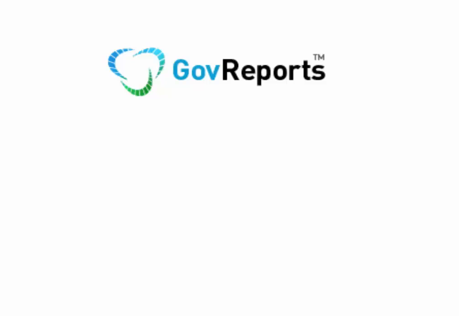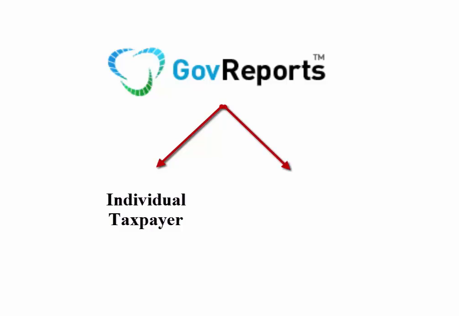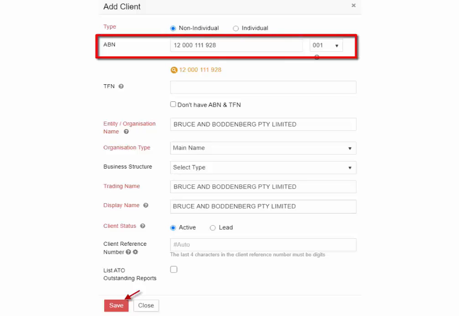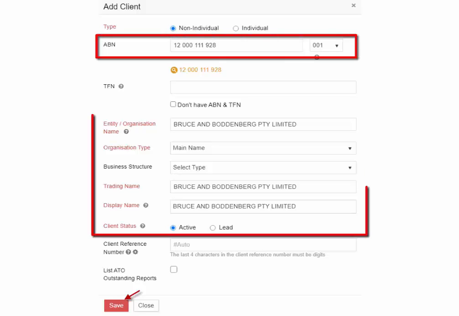GovReports classifies 2 types of clients: A. Individual, as in individual taxpayer, and may include sole traders. B. Non-individual, taxpayer entities other than individual taxpayers, that is, a business structure such as a company, trust, self-managed super fund, etc., with an inbuilt ABN lookup, so when you enter the ABN, GovReports profiles the registered business or entity names